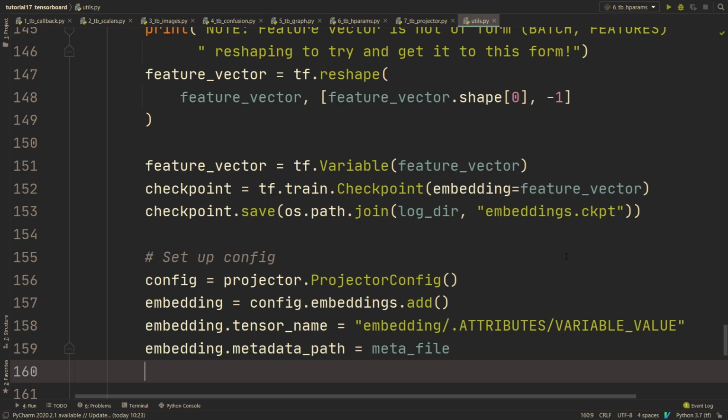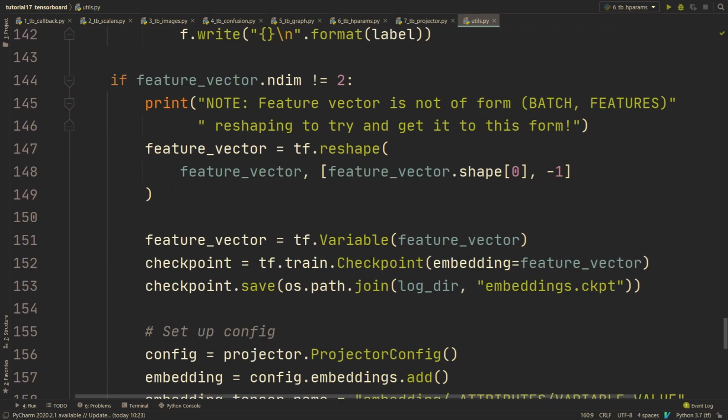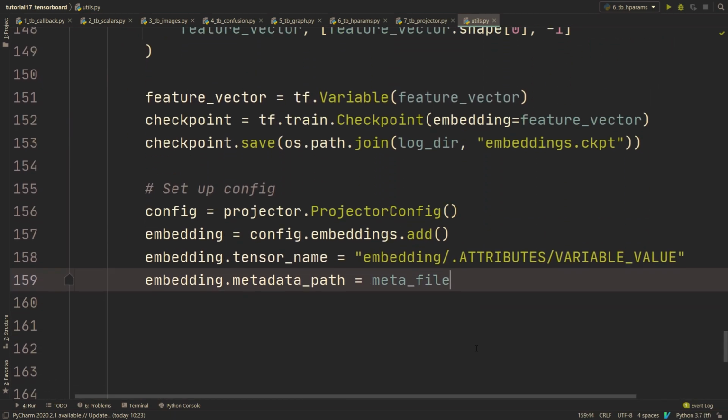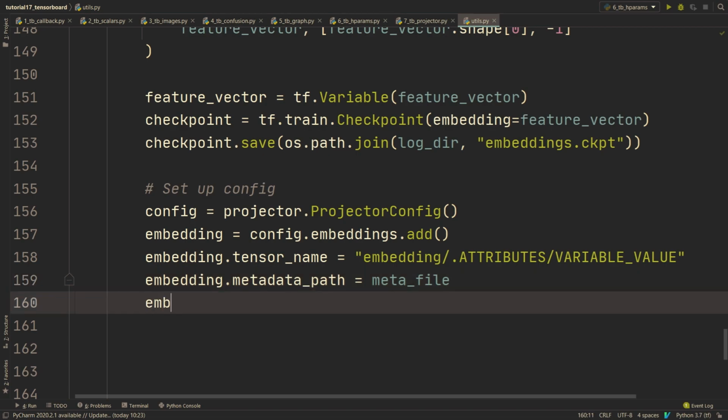So when we're doing it for images, we need to do it in this very convoluted way. But anyways, this is how we do it. But if you find a better way, then do comment. But this is the best way that I've found so far. Then we're going to do